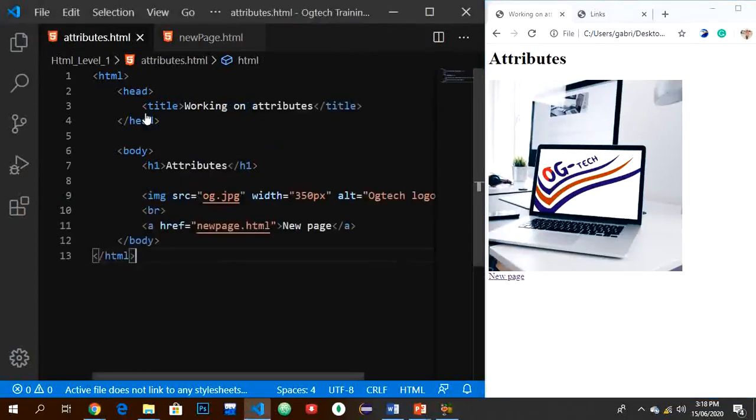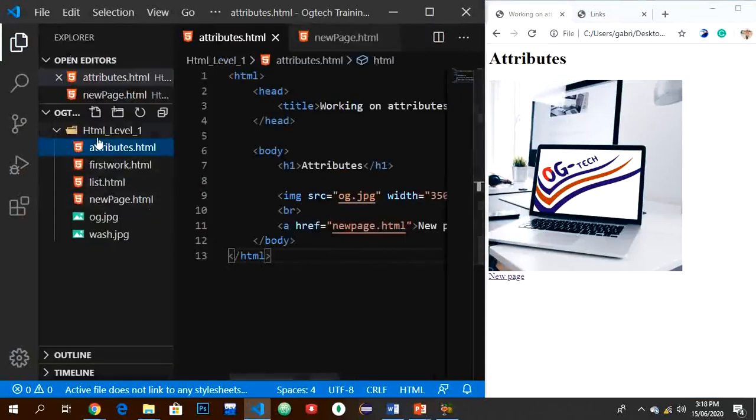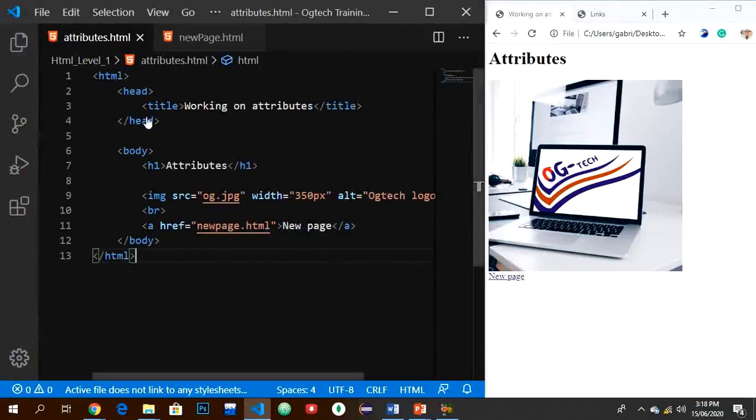Now someone might be confused again and say, okay, does that mean it is only the pages that we have designed that we can actually link? No. Let me link an external URL called Facebook. Is that okay now? Now for us to link an external URL, you need to add the full path. What do I mean by the full path? We have HTTP, that is Hypertext Transfer Protocol, colon slash slash,